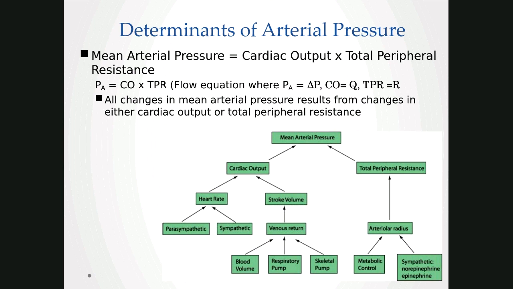That means the pressure gradient I have to generate is going to be more, which means the blood pressure at the left ventricle pumping out has to increase. Versus if I can get those arterioles to dilate a small amount,